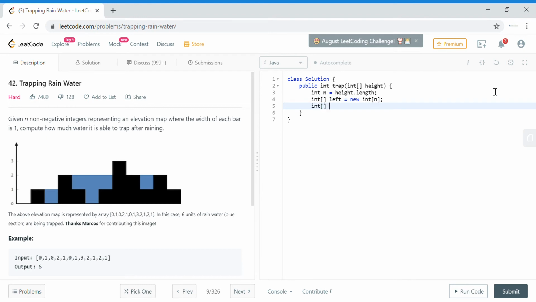We'll say int[] right equals new int[n]. So these two arrays basically we have defined, and we'll store the local maxima on the left and the local maxima on the right side, and we'll solve this problem in a time complexity of order of n. So it will be like one loop for each.